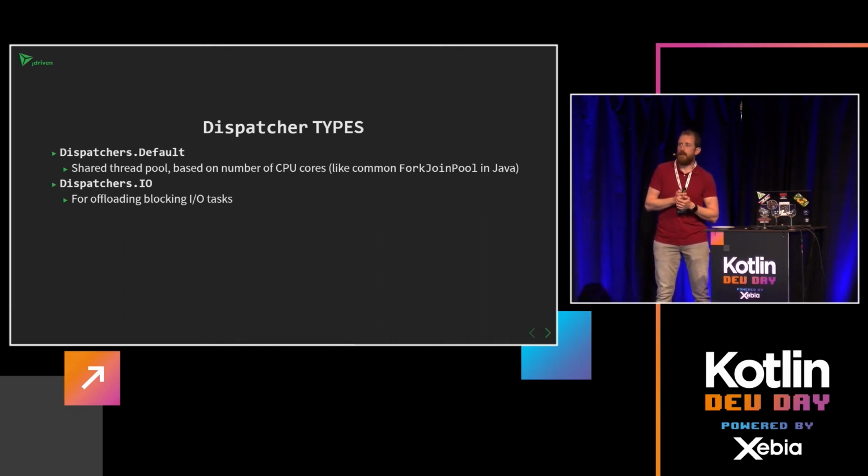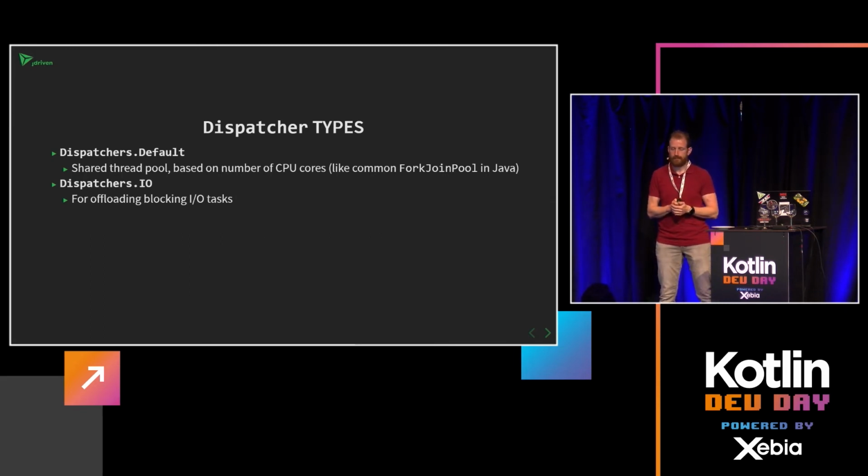type that's for offloading I/O tasks, and of course we try to do things non-blocking when we can, but sometimes, well, you just have to block. And for that, there's a separate dispatcher. It's called Dispatchers.IO. You can offload it to that dispatcher. It's like a growing pool of waiting threads, basically. It's easy to just offload it to that pool